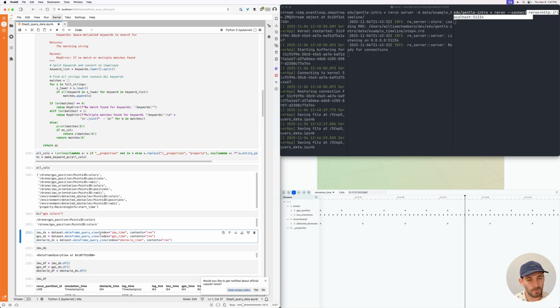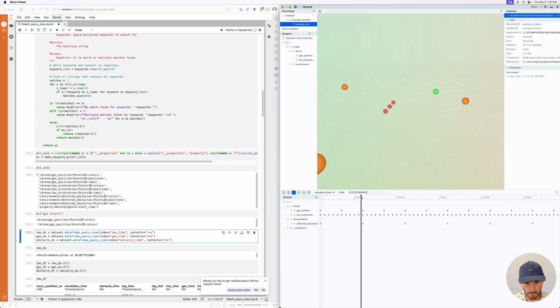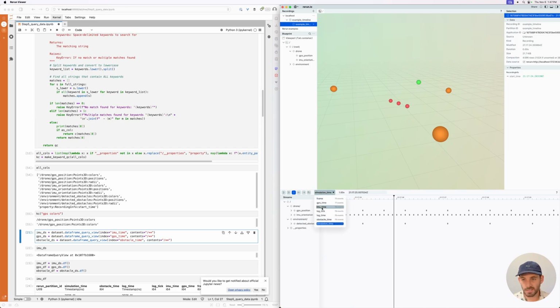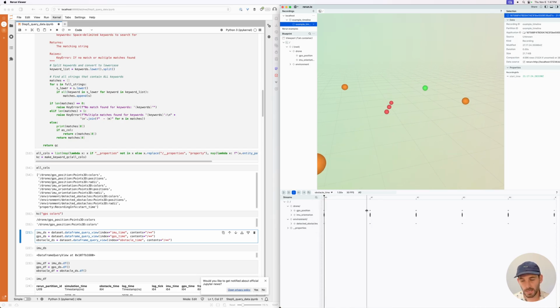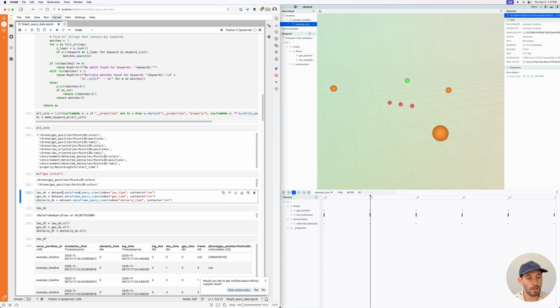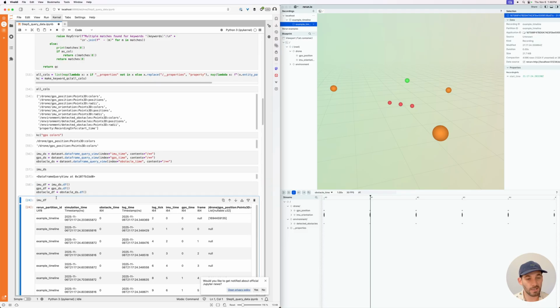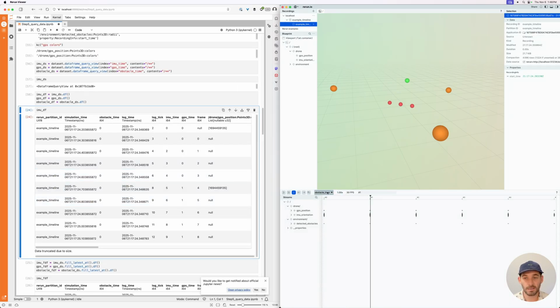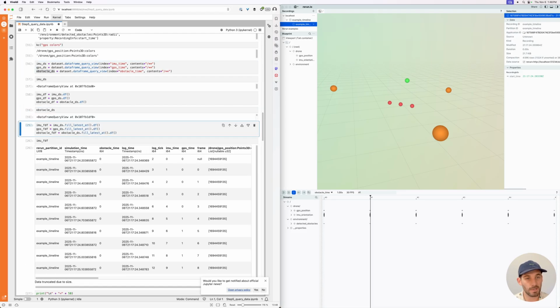Now, here's where things get a little bit more interesting. Just like when we scrub through here and select a timeline like obstacle time, you'll see here that we have more or less the value that is latest at a given point in time. We're able to simulate the same query that the viewer is making, except do it in code. So for instance, here's obstacle time. If we wanted to see the exact obstacle time,